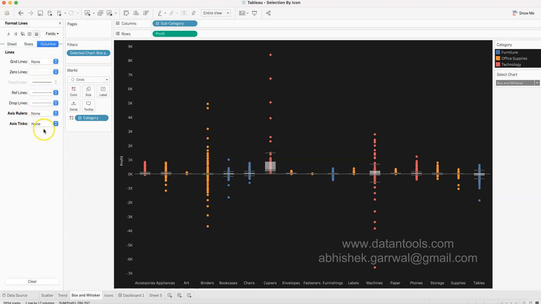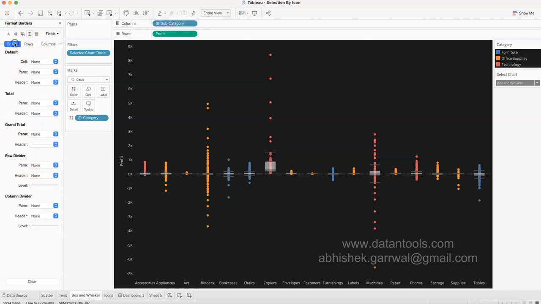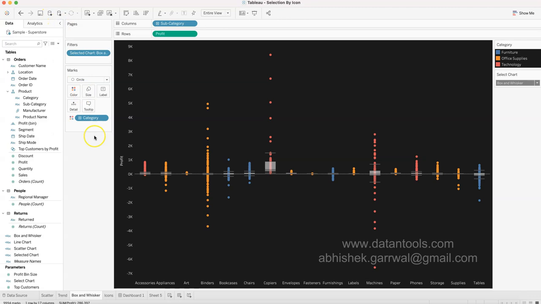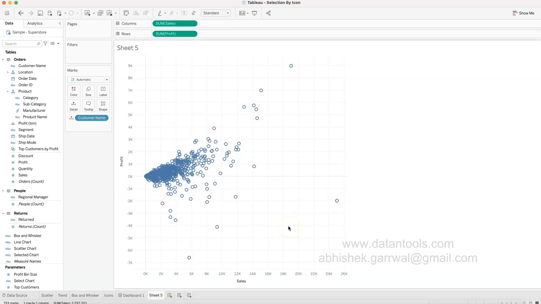Similarly in the case of columns. So these are the consistent settings which I have done over here. And I believe here also I am not showing any grand total. There is no column divider and row divider, both in the case of row and column, for the entire sheet. So sheet setting is something which is very personal, and I have just explained how you can do it for each sheet. So we will not spend a lot of time over there, but on the main functionality. So the main functionality is that